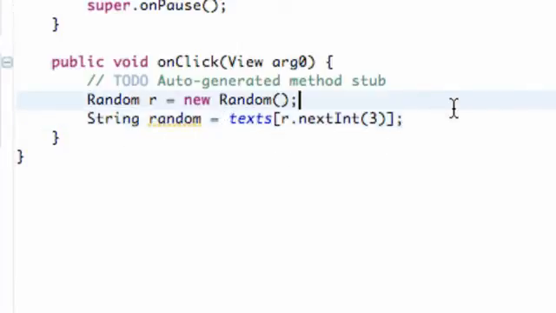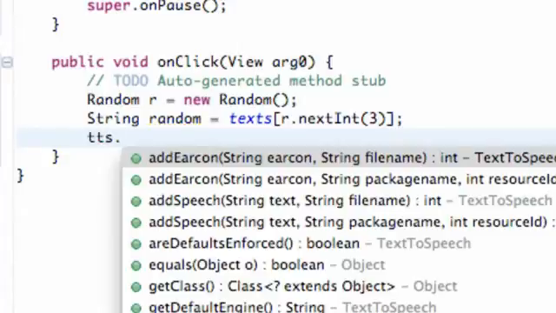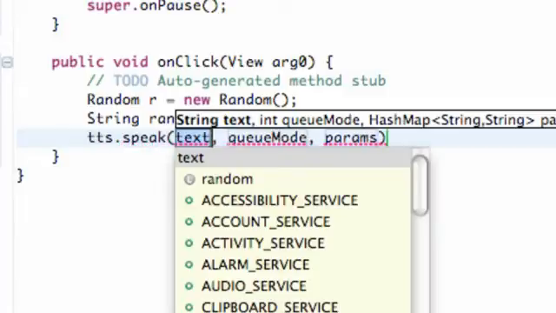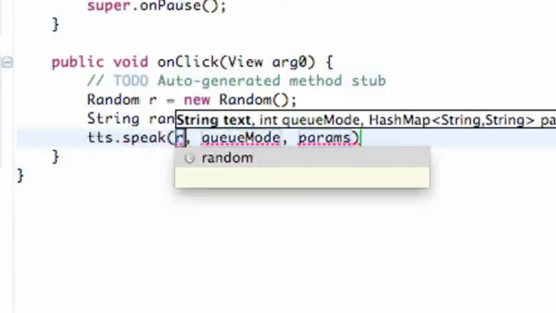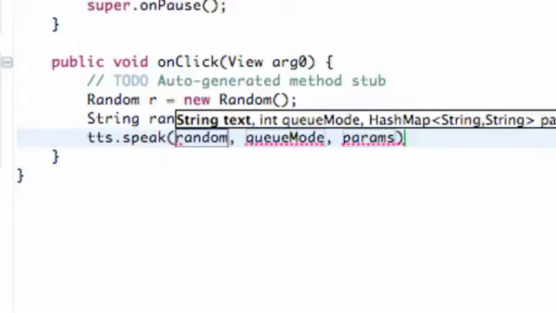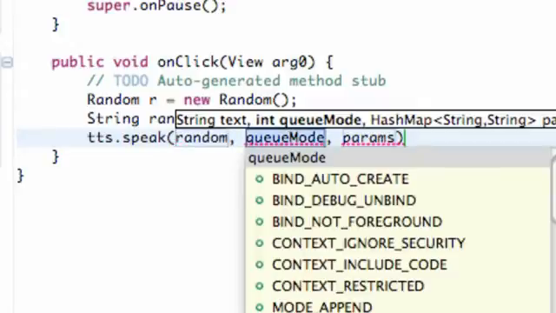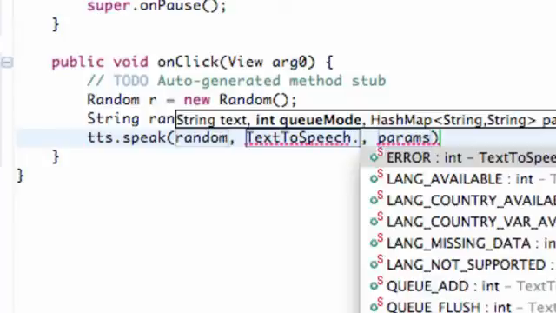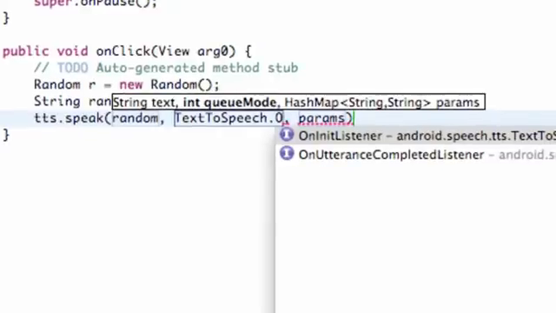And then all we're going to do is say, hey, text to speech, how about you talk? So we're going to say speak, and it takes 3 parameters: the text, so we're going to refer to our random text that we just set up, and the queue mode. What we're going to do here is say if anything else is talking at the moment, we want it to shut up for the most part, so it can hear this new speech that it's going to give, and it's going to be a great speech. So we're just going to say TextToSpeech.QUEUE